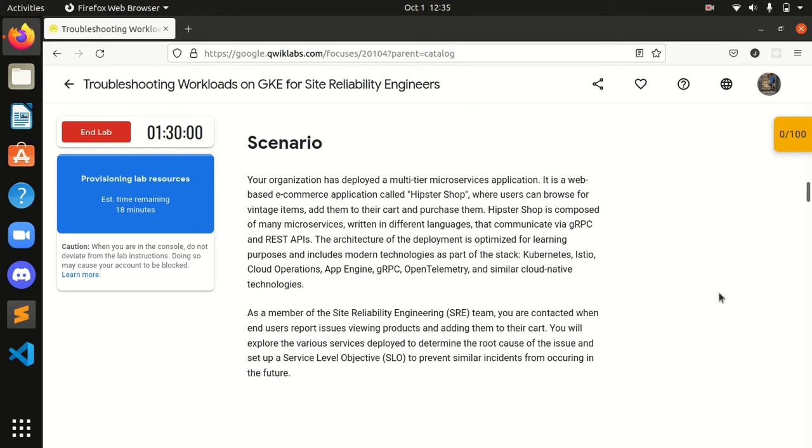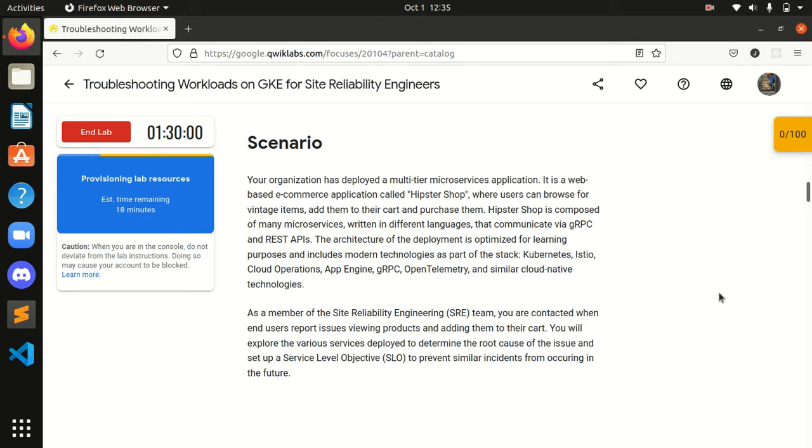Hipster Shop is composed of many microservices written in different languages that communicate via gRPC and REST APIs. The architecture of the deployment is optimized for learning purposes and includes modern technologies as part of the stack: Kubernetes, Istio, Cloud Operations, App Engine, gRPC, OpenTelemetry, and similar cloud native technologies.